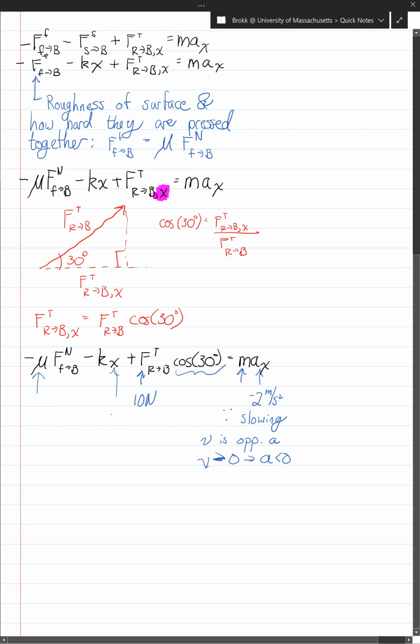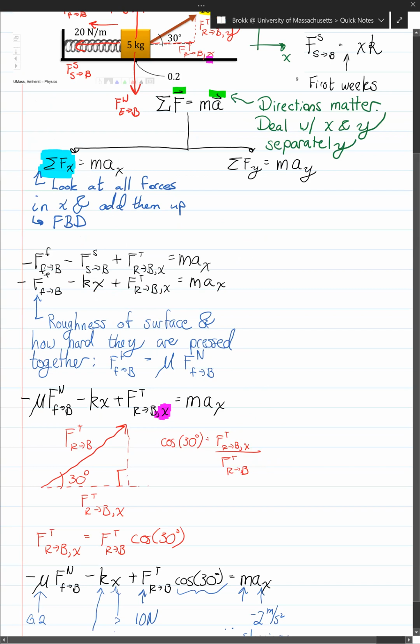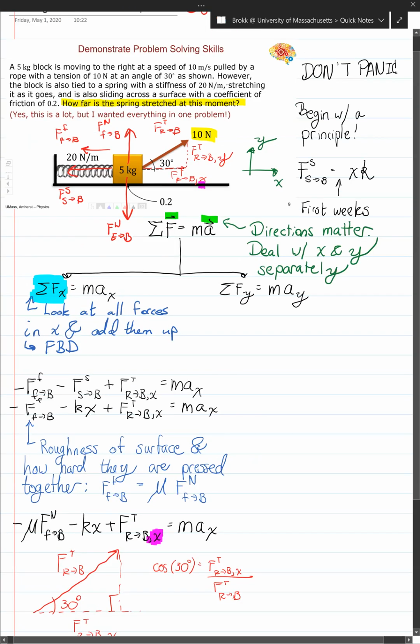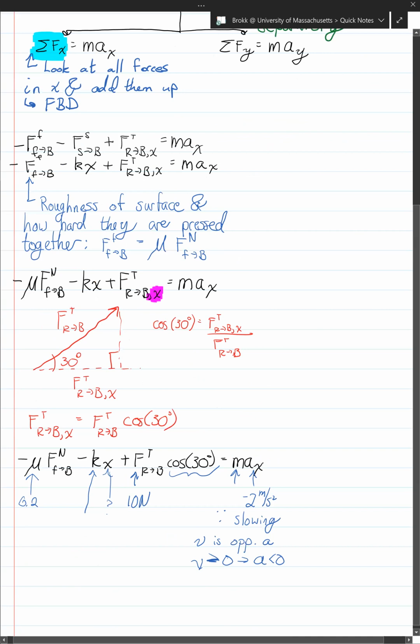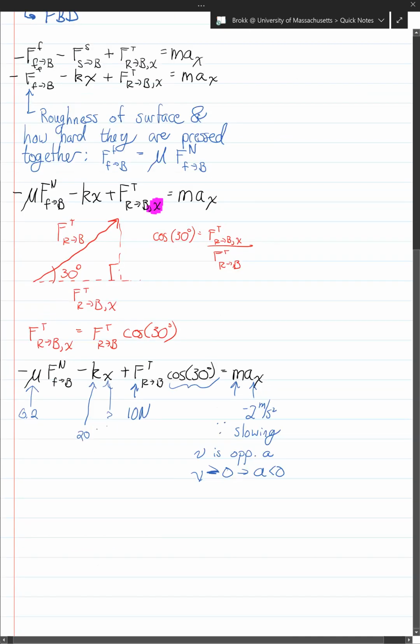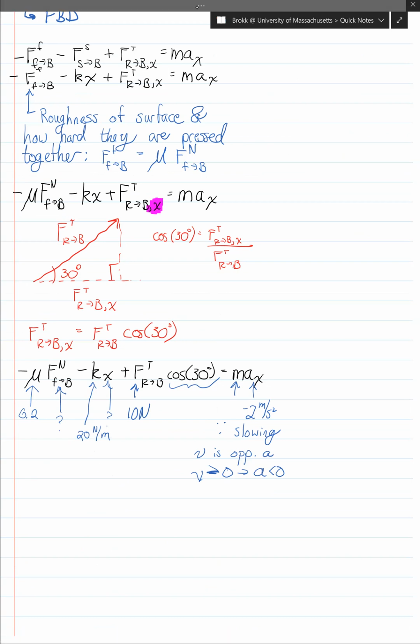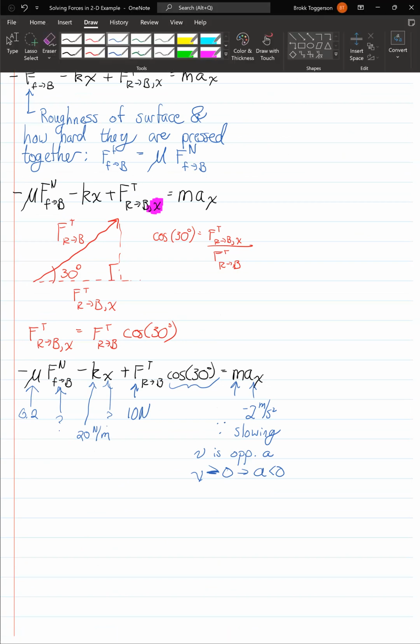This we know it's 0.2. X is what we're looking for. K we know. That was also given in the problem. The stiffness, 20 newtons per meter. But we don't know this. We have one equation with two unknowns. You can't solve that. So we're stuck. And this is sort of the big takeaway and where we left off